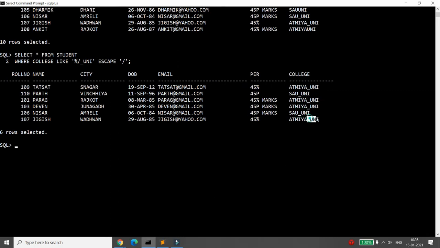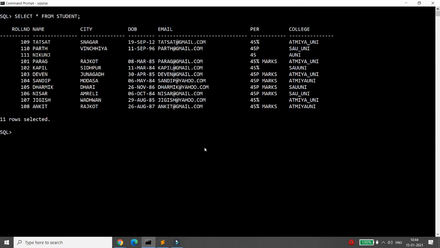So you can use the escape operator with wildcard characters, especially in the like operator. You can use the escape sequence to search for the actual underscore and the actual percentage.